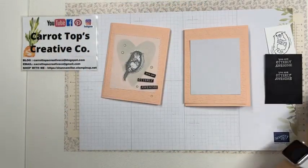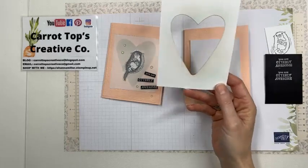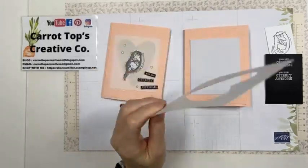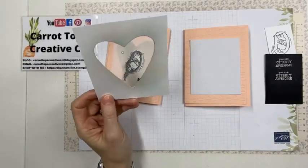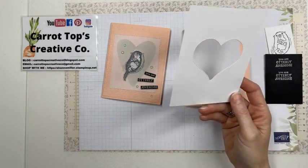And then you're going to need a heart mask. On my original, I used an old die set that I had to do my heart. So I used this one. I can't remember what it's from. It's very, very old. While I was waiting for my new heart one to show up, so I've die cut it out of,